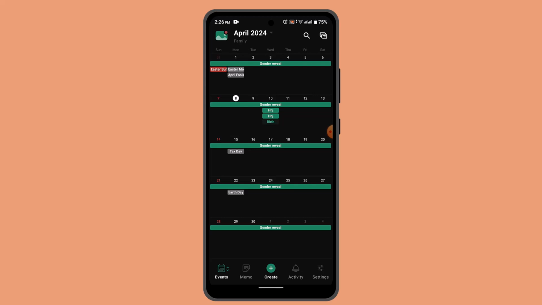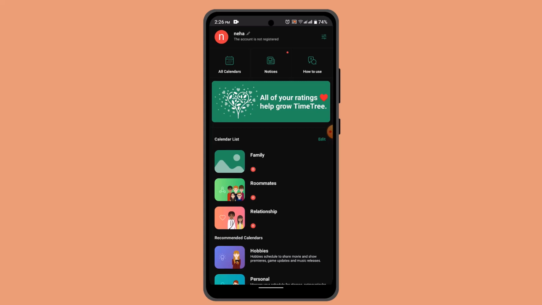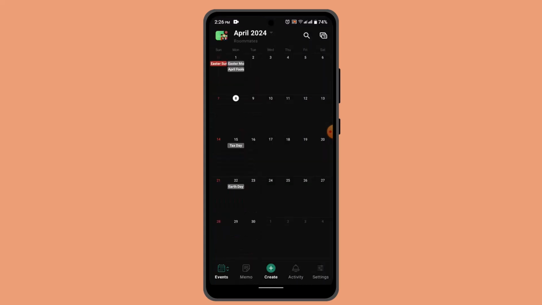Now to begin with a different calendar view, you have to first of all select the calendar for which you wish to go ahead and set that. So I'm gonna go with this one. And when you do that, when you have access to the specific calendar type, then you can go ahead and